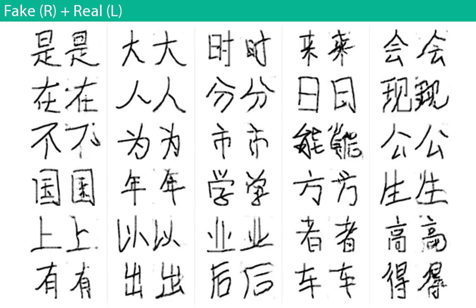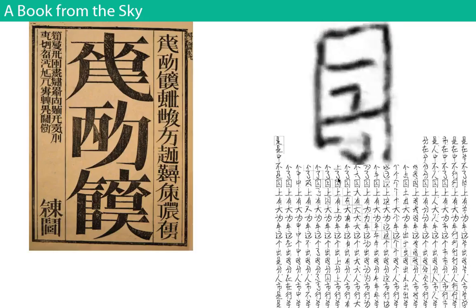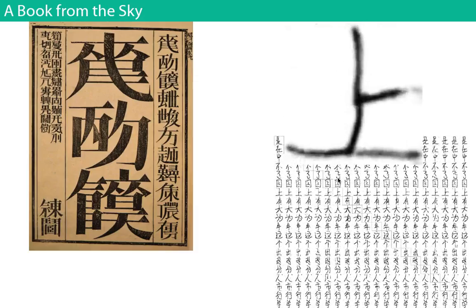And I was showing this to a friend of mine named Francis Tseng, who's also done a lot of machine learning work. Some of you may know him. He also happens to speak and read Chinese. And he told me about this book called A Book from the Sky. Has anyone seen this before? It's a work by this Chinese artist named Xu Bing.